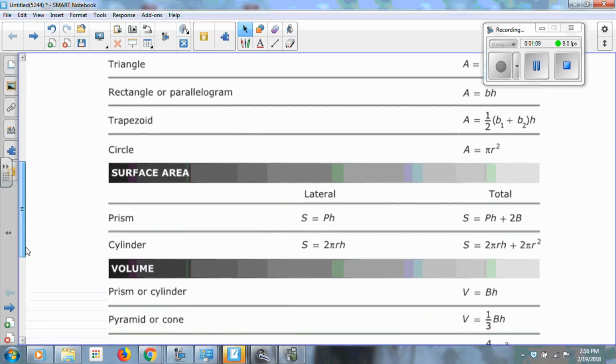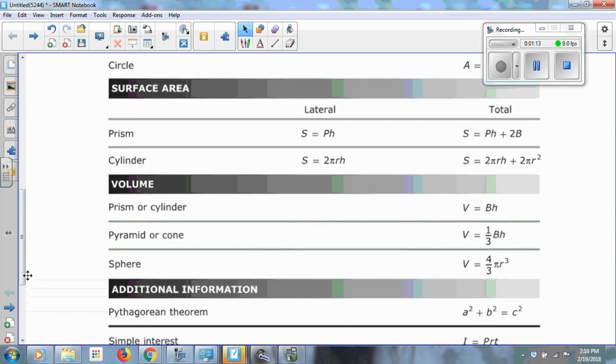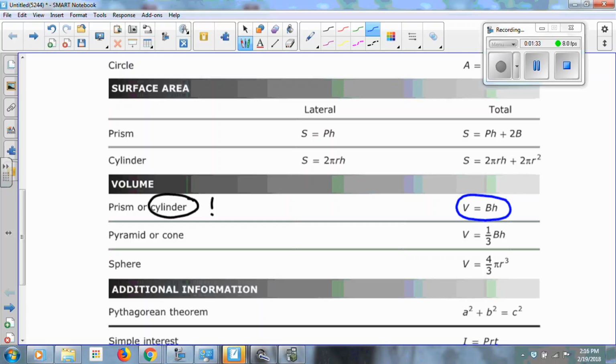So I'm going to go down to the section that says volume because that's the first section that we're going to focus on. And we're going to focus on a cylinder. So here's cylinder right here. And it tells me that the formula is volume equals big B times H. We have to understand what that big B stands for. We'll talk more about it a little bit later, but for a cylinder, you need to understand, and for all shapes, you need to understand that the big B